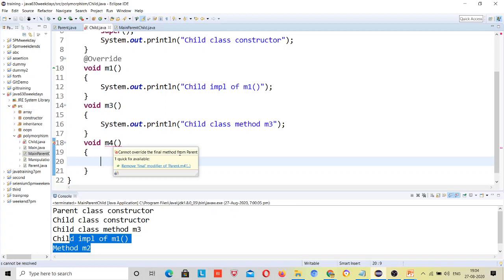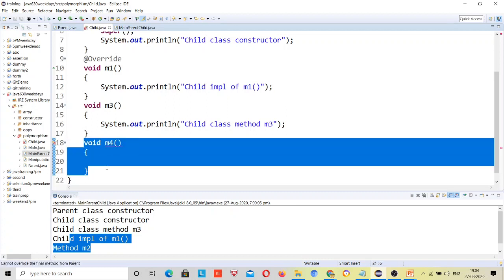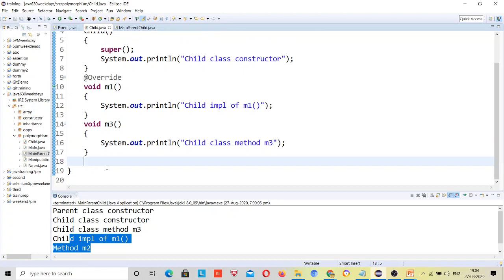It means whatever declaration, whatever code, whatever logic is given by the parent, you cannot override that, right? This method is present inside this child class, but you cannot override it. Whatever logic, whatever code is written by the parent class will be the only one applicable, right?